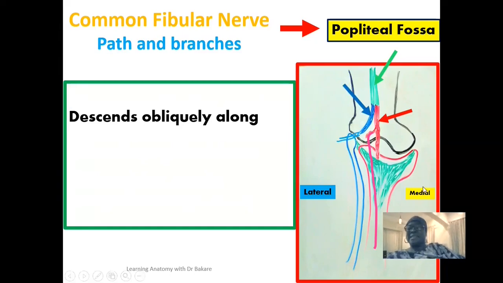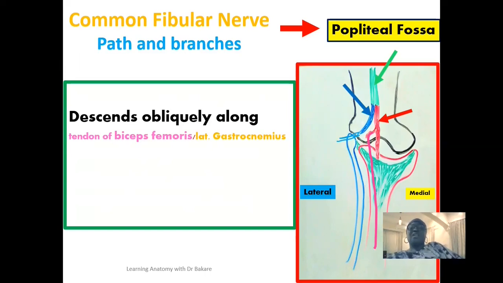So this is the medial side and this is the lateral side. As the common fibular nerve emerges from the sciatic nerve, you see it running obliquely along the popliteal fossa. It descends obliquely along the popliteal fossa, and you see it at the lateral side. This nerve runs along the tendon of the biceps femoris, and also the lateral head of